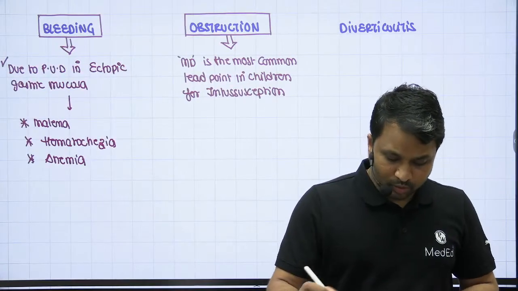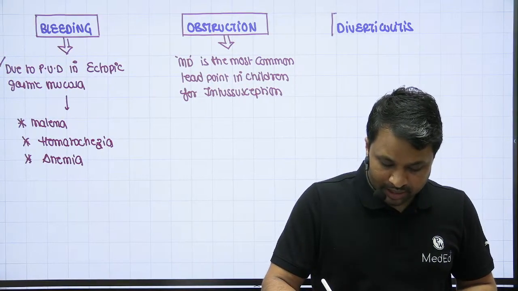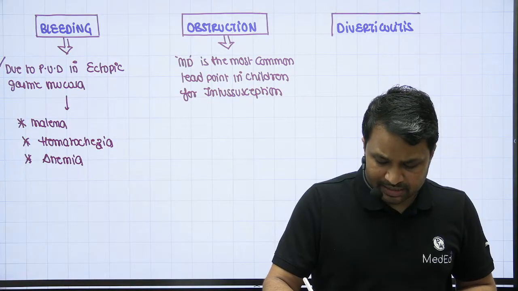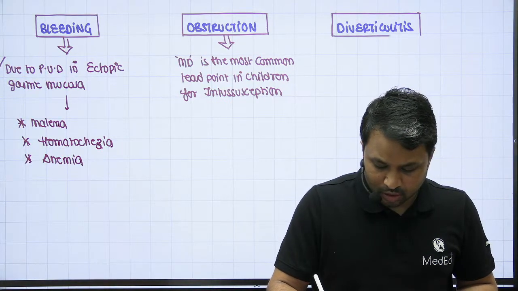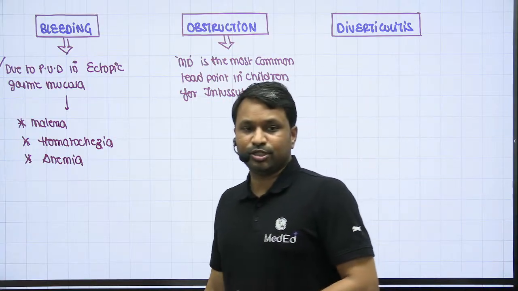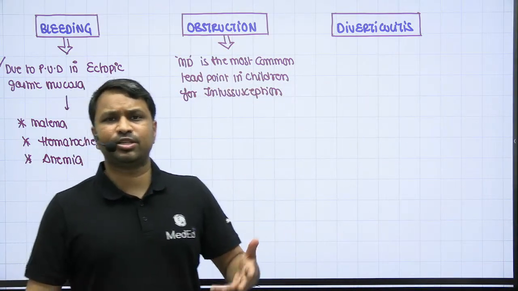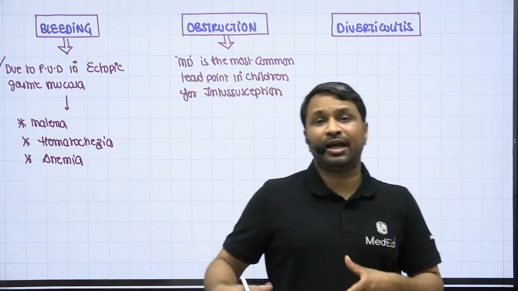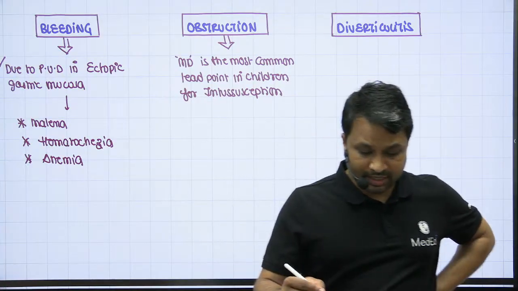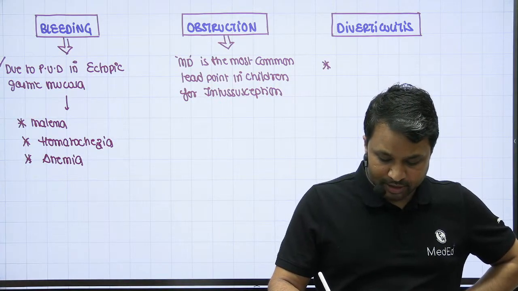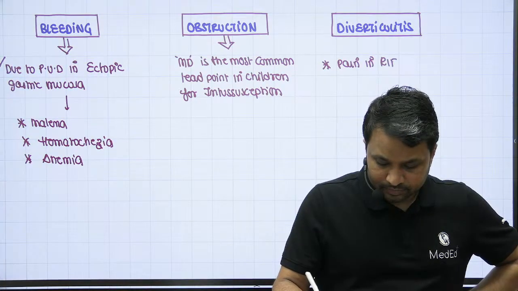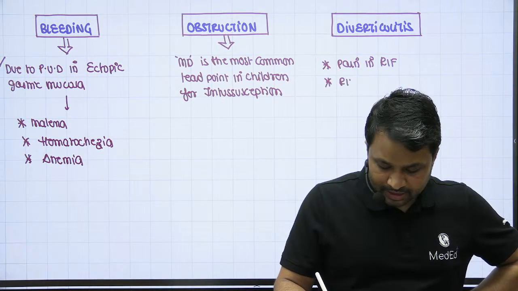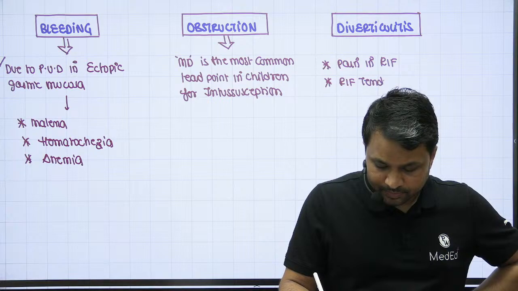Now when it comes down to diverticulitis, diverticulitis is inflammation. Any itis is inflammation, and any inflammation is going to have Rubor, Calor, Dolor, tumor. Same thing is going to happen. Now that terminal ileum part is present in the right iliac fossa, and the inflammation in the right iliac fossa will present to you as a patient with pain in the right iliac fossa. There is right iliac fossa tenderness.